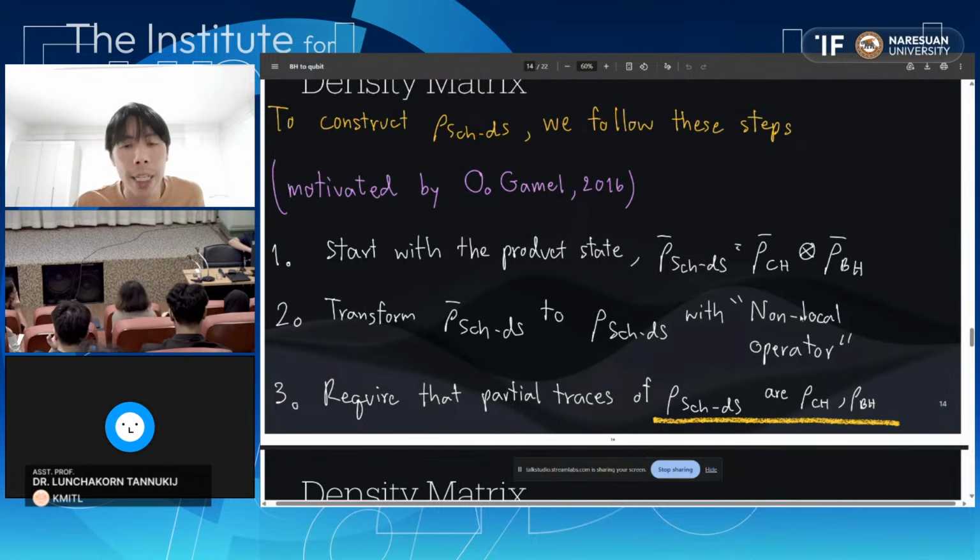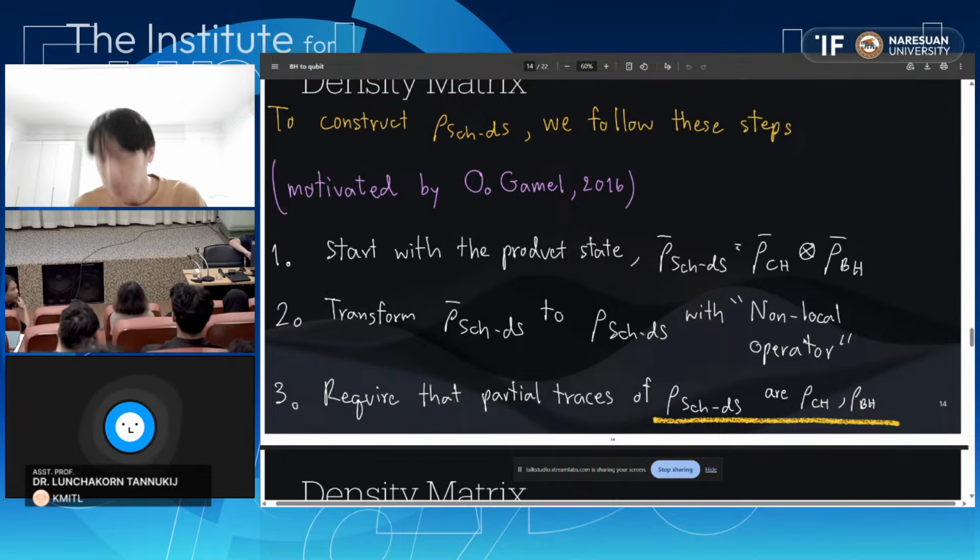Because if you do the partial trace before transforming, you get one result. If you do the partial tracing after the transformation, you will get an entirely different result. You will get different entropies for each of the bipartite subsystems, and different kinds of correlations as well. So all of the correlations or entanglements are introduced through this non-local operator. Oh, okay. I didn't catch the non-local operator. Okay, now I understand.